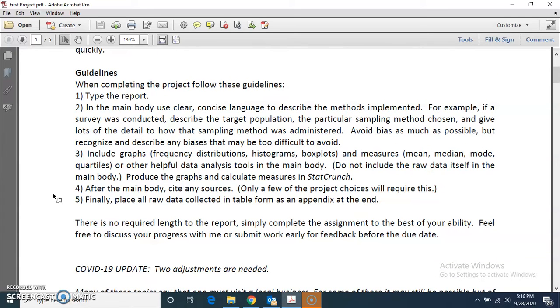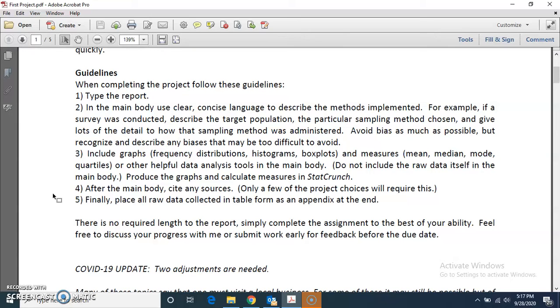Okay, a lot of times people think, well, you really don't tell us how long this should be, how many pages it is. So there's no required length. Simply complete the assignment, complete this report to the best of your ability. I've had people turn in reports for their first project in the past that were 2 pages, maybe a full 2 pages. And that might be plenty enough to complete their assignment. It kind of depends on the topic. I've had other people go 5, 6, 7 pages on the first project.